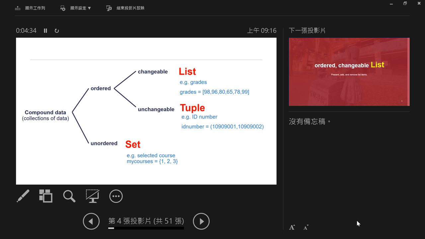And the last one is unordered. Maybe today you tell other people, oh, today I selected some courses. The first course is Introduction to Computer Science. The second course is Introduction to Business Programming. The third one is case study. And you ask them again, what is this data? They will tell you,